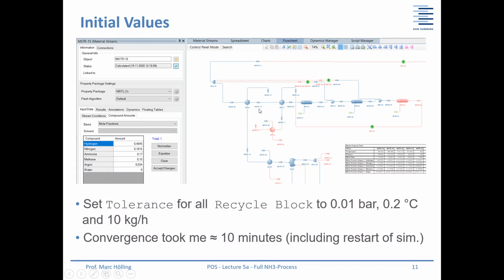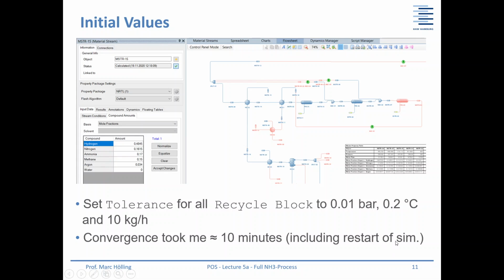And if you do this, then it still takes really a long time to get convergence. On my computer it was like 10 minutes. And also in between I got the notification that the solver wasn't able to find a solution. Then you just have to say, okay, solve it again,